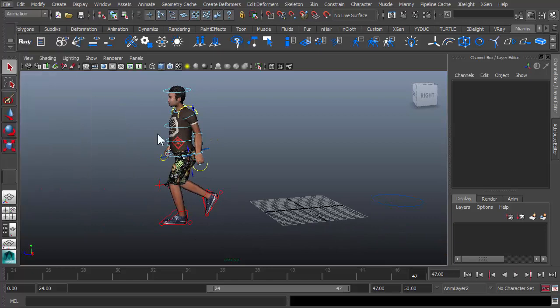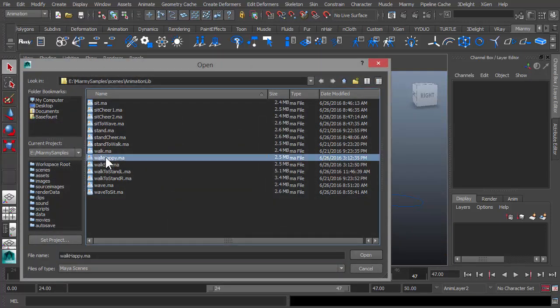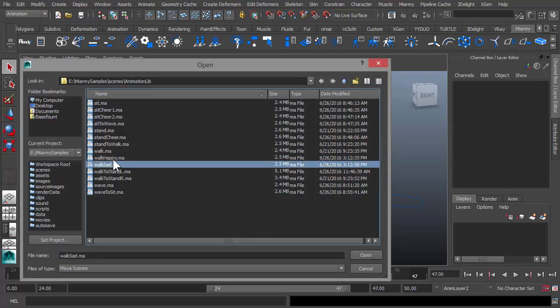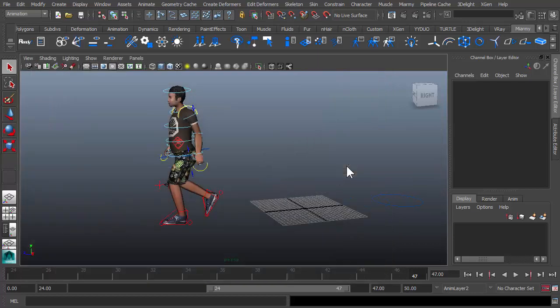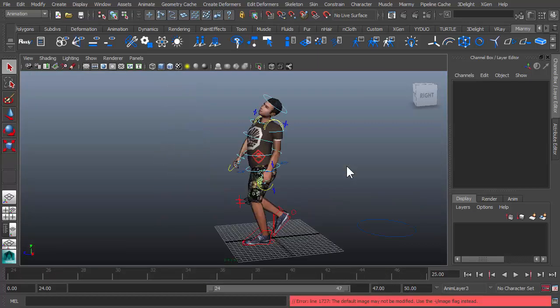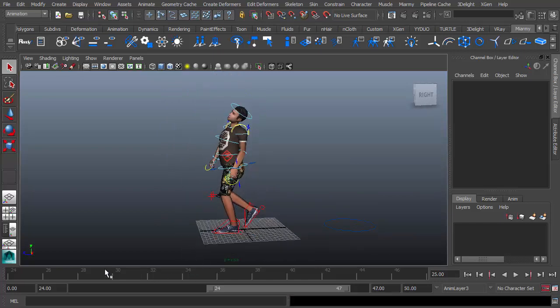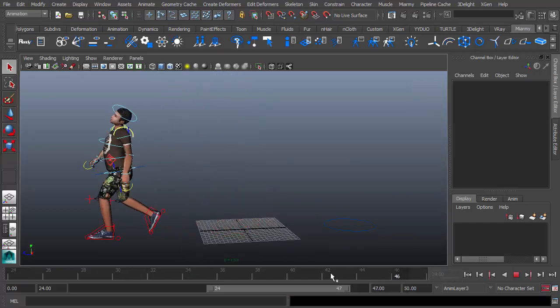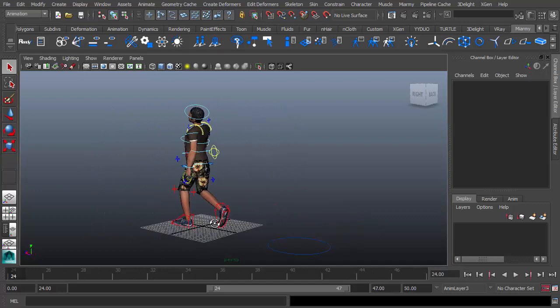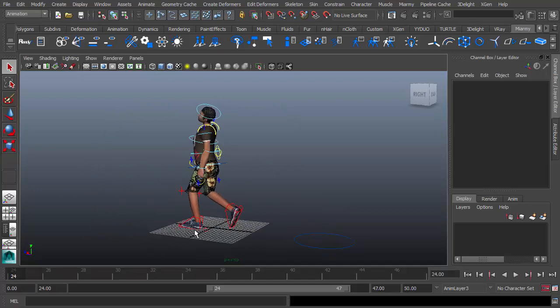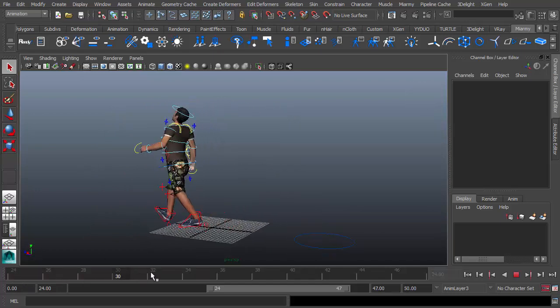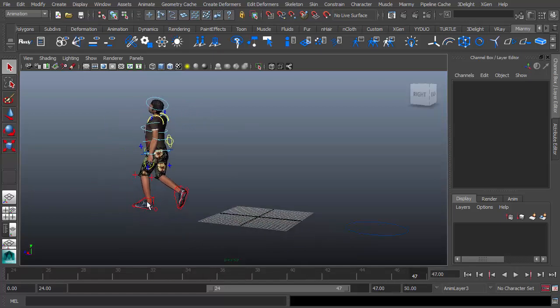So we are going to create the variations, the walk happy and sad, with the same pose or a similar pose, and with exactly the same frames, for example 24 to 47. You can see that this pose also starts with the left foot in front and ends with the left foot in front. It was the last pose,